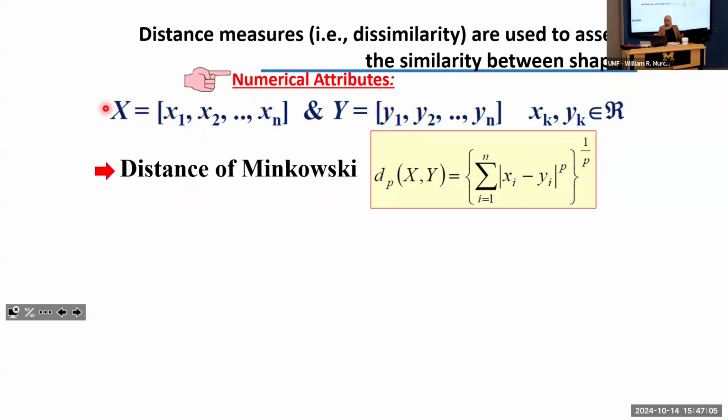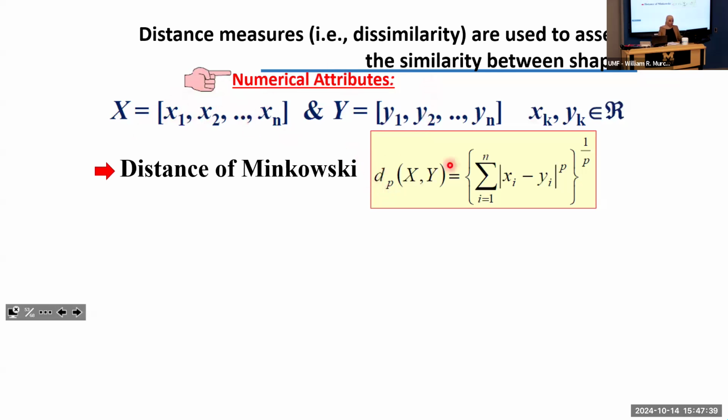Now I have two samples, okay? This is x, given by the attributes, the vector x1 to xn, and for the other element, or sample, y, I have attributes from y1 to yn, okay? So what we are measuring is the distance between this x and y, which corresponds to measuring the distance between each element, each pixel, like Ayub was saying, or each attribute of these elements, okay? Pixel if it's an image, for sure.